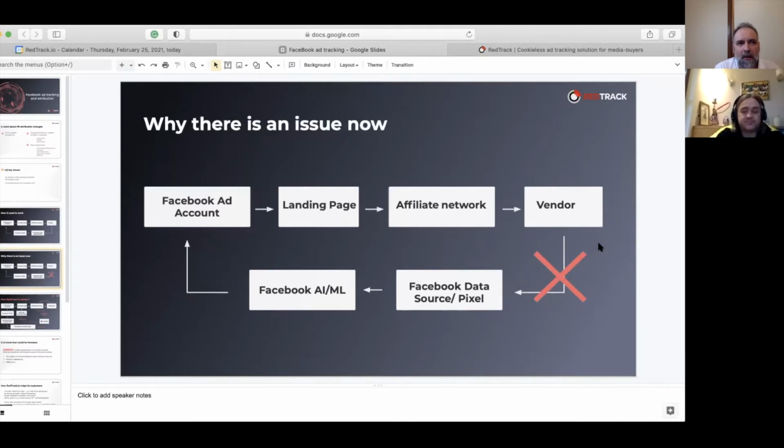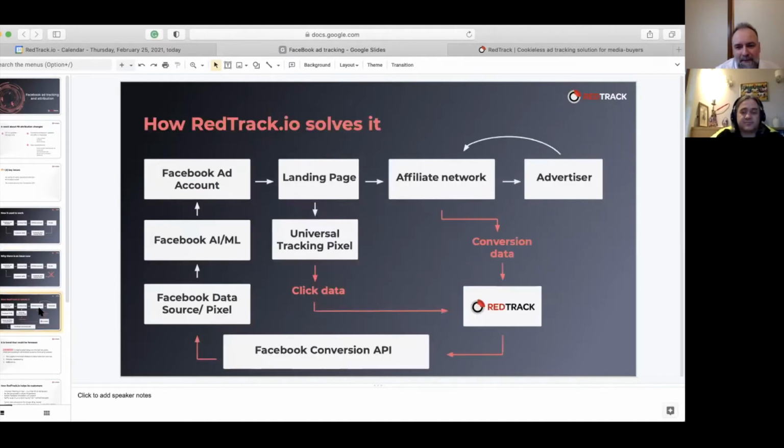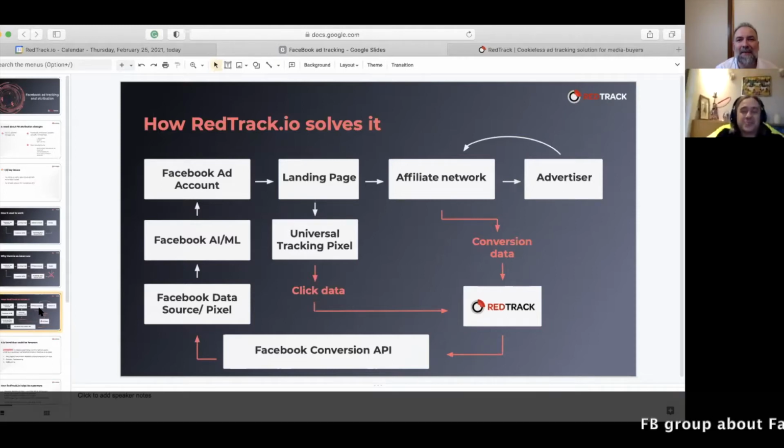We're not Facebook media buyers of any skill. We're more into Google search as a company, but we do have customers, and we're talking about this today because our customers already confirmed that the solution we'll show you now works. One remark here: one of the ladies in our community from Australia confirmed she's using RedTrack, and that this solution worked for her. Okay, good. I never knew about that.